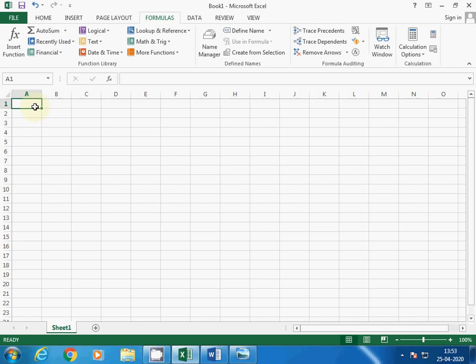Out of them, for class 7th, some mathematical formula we are going to use and some text formulas. So let me start with mathematical formulas. So here first formula is sum. So let me prepare data, roll number, name. Here I am representing marks of 3 subjects.